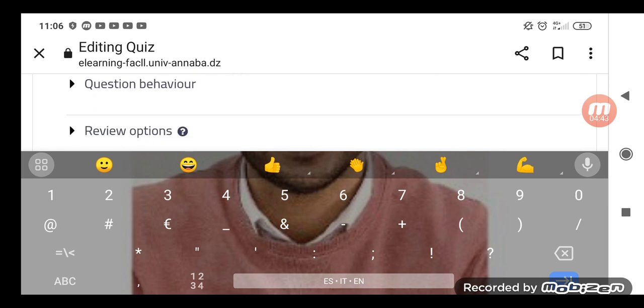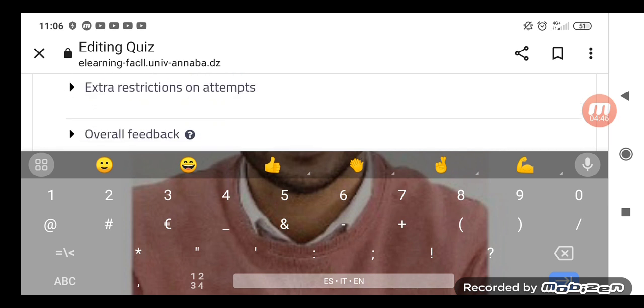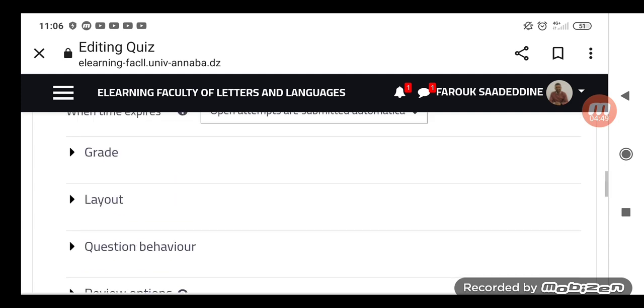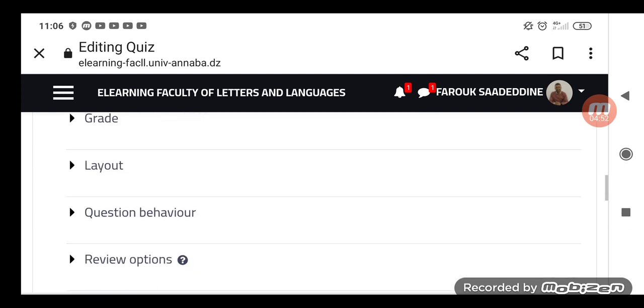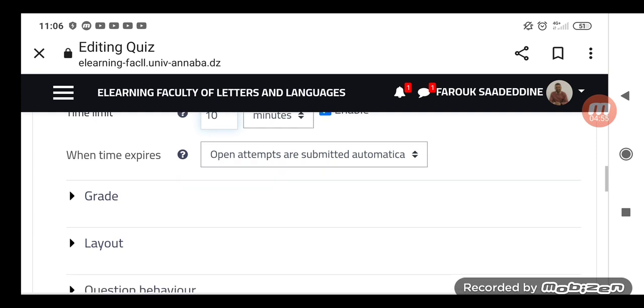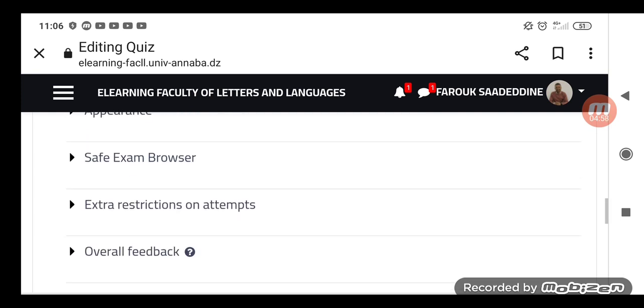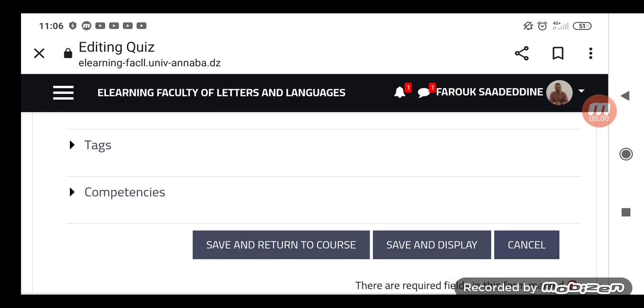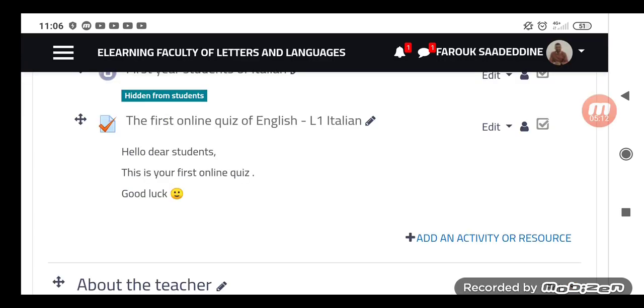Okay, and I go down. I am not obliged to fill the other options, grade, layout, question behavior. It's not mandatory. I go instead down to save my quiz. I click on save and return to course. Okay, you can see my quiz created here on my course page, the first online quiz of English, L1 Italian. So by clicking on it,